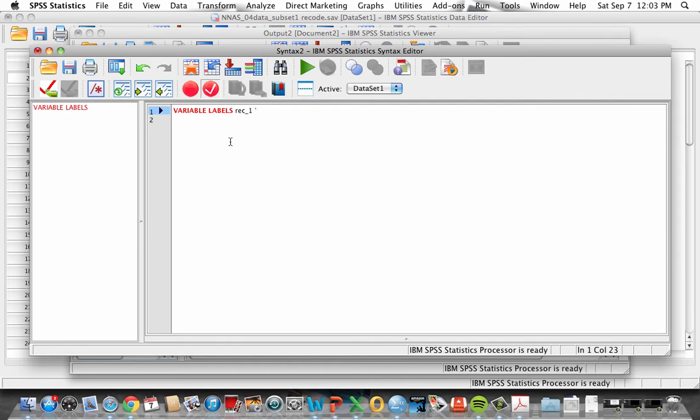Now, in some instances, it's actually a little easier to recognize our variables using the shorthand name rather than the long name. And so one suggestion when we begin to assign labels is to begin the label with the actual variable name. So, for example, in this situation, we could say our variable label will begin with rec_1, and then